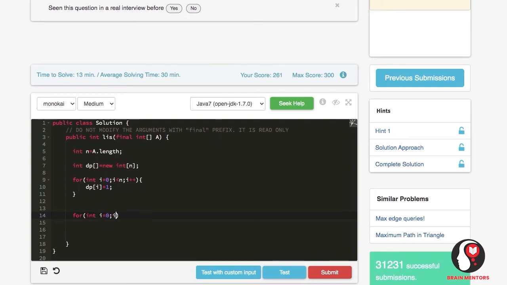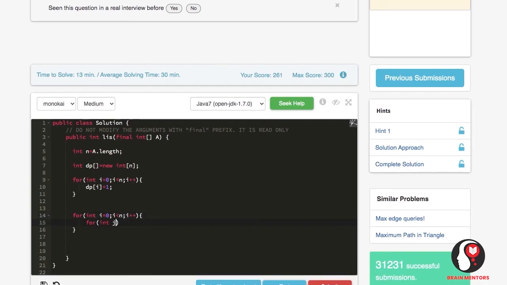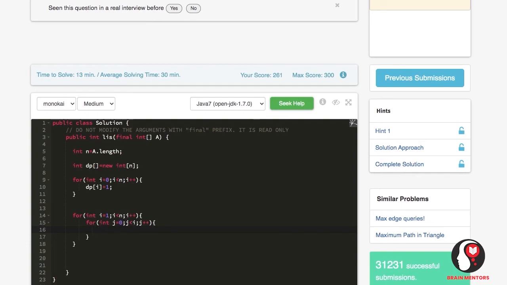After this, we need to iterate from int i equal to 1 till n, and we are going to iterate j from 0 till less than i. Why? Because for any current element i we need to check what can be the best sequence for the current element to be a part of. So dp[i] can be the maximum of either dp at the current value or dp at j plus 1.